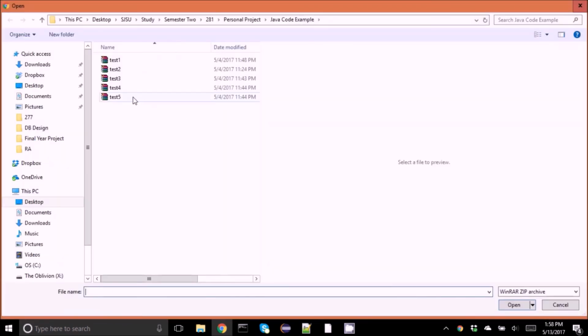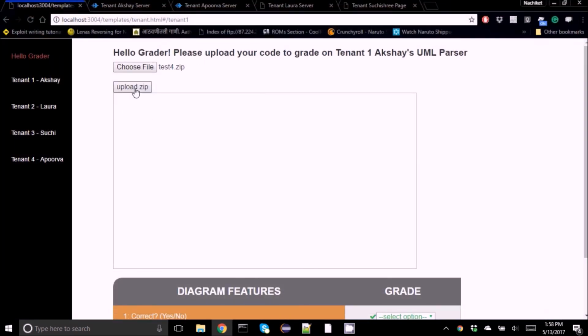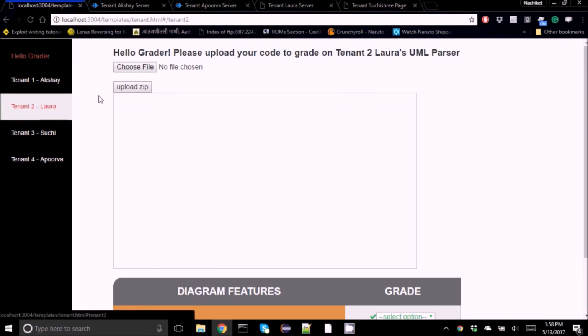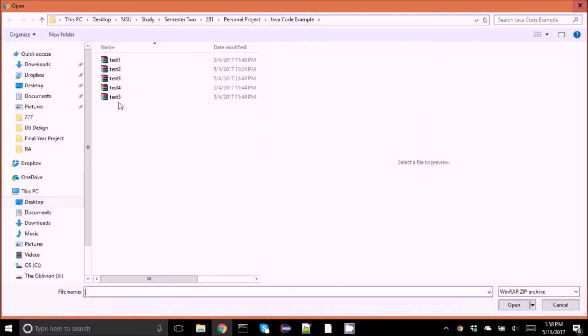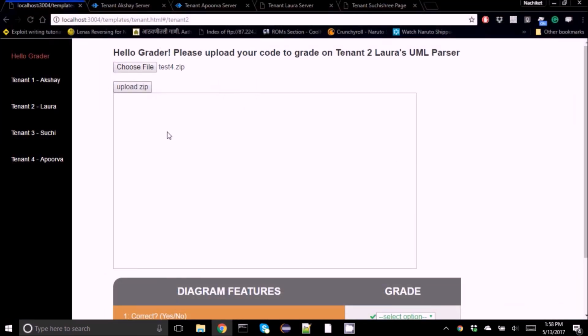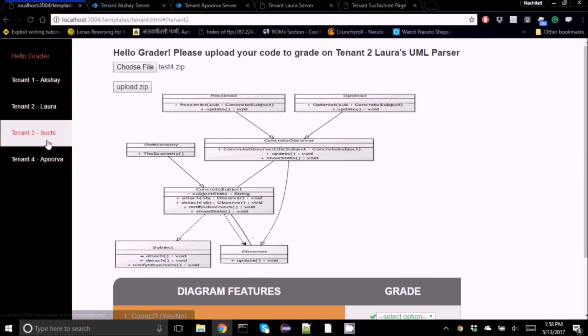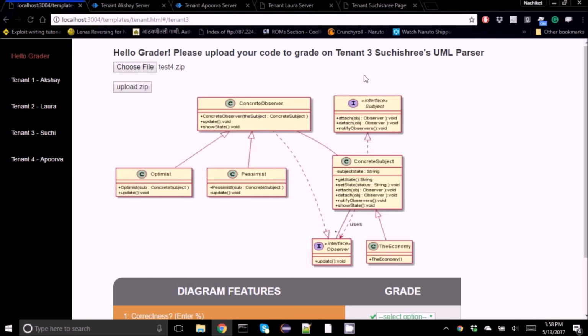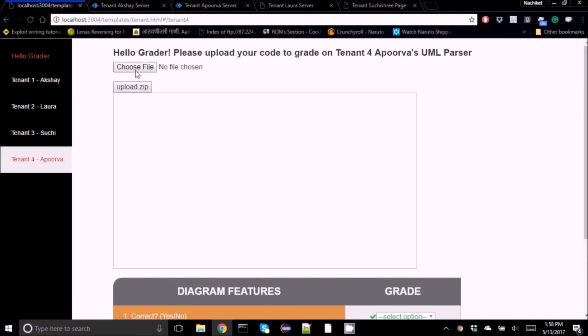For Akshay, I will choose test case 4, and this is the diagram that was generated. For Laura, I will do the same again, and this is the diagram. For Suchi, this was the diagram that was generated by the jar. And for Apurv,